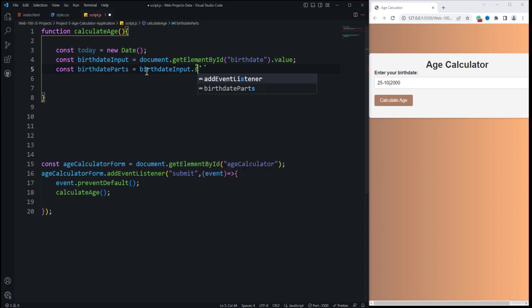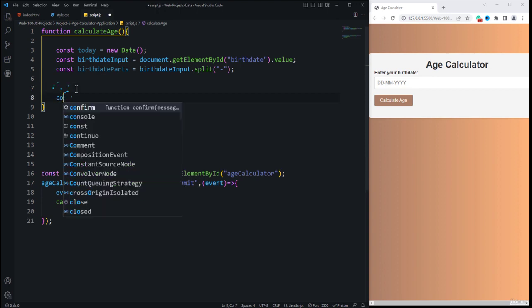With the use of the split function, we are going to split the string. So we need to split it into 3 parts. So we want to remove it. To remove, we need to specify the string that we want to remove, meaning the character that we want to remove from the string. So we want to remove this. If I Ctrl+S to save it, then you will see nothing, but I am going to show you with the use of the console log. So I am going to use here the